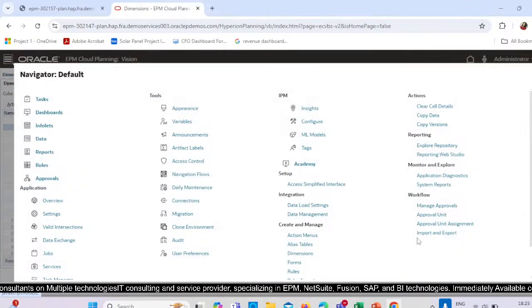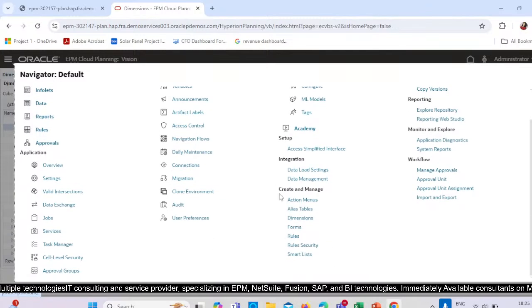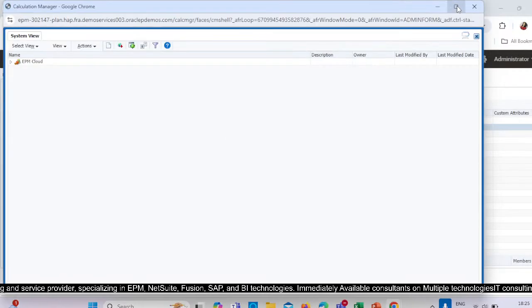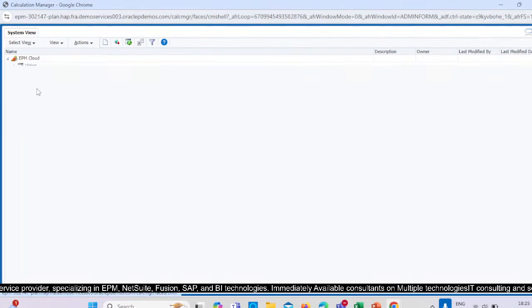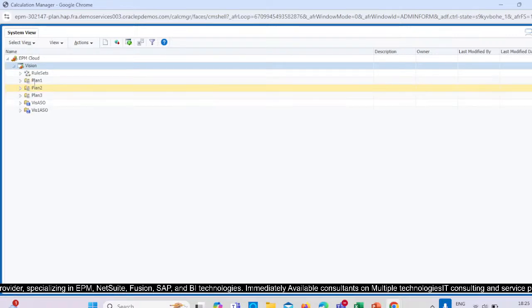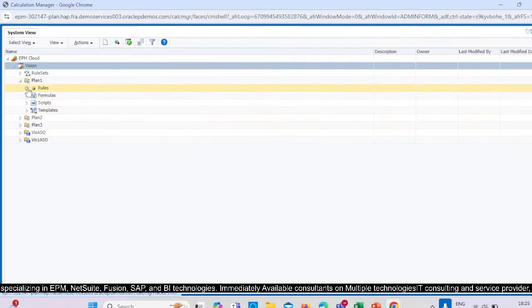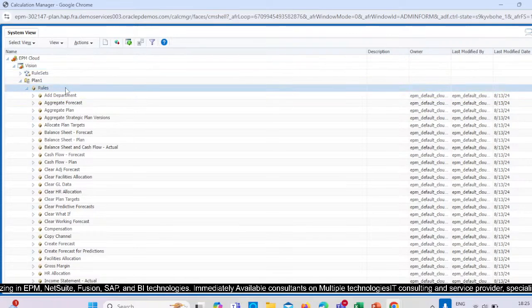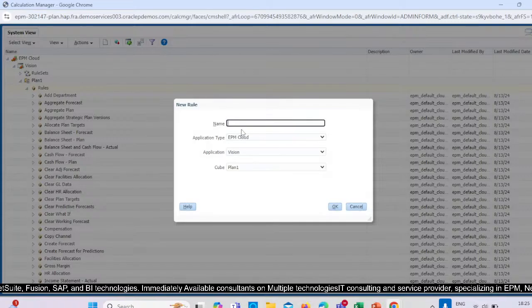Okay, so my refresh is completed. Now let's move to the rules. You can find the rules under the navigator by default, and under Create and Manage you can find the rules. Here under the Vision application, in the Plan 1 we have different rules. Let's write one business rule, new, and I will give it the name Sales Tax Calculation,